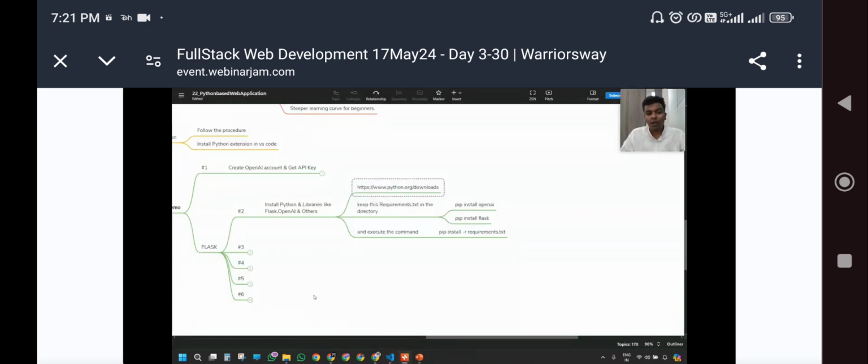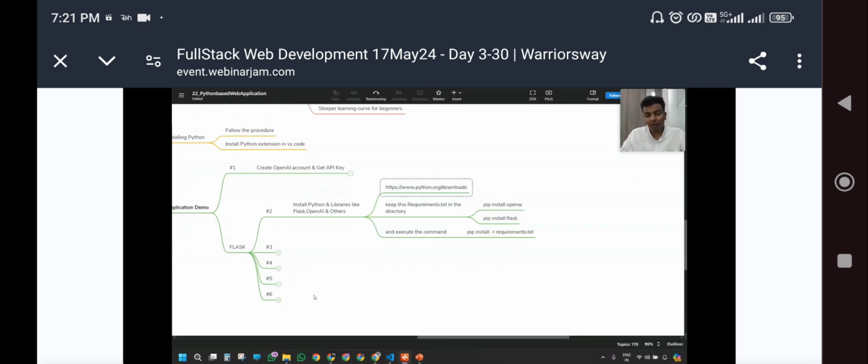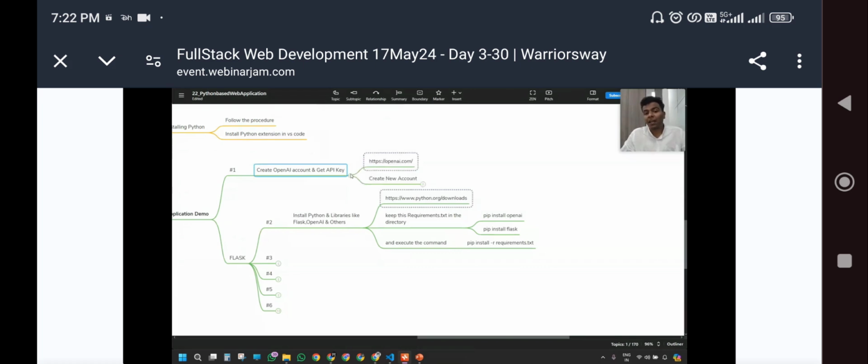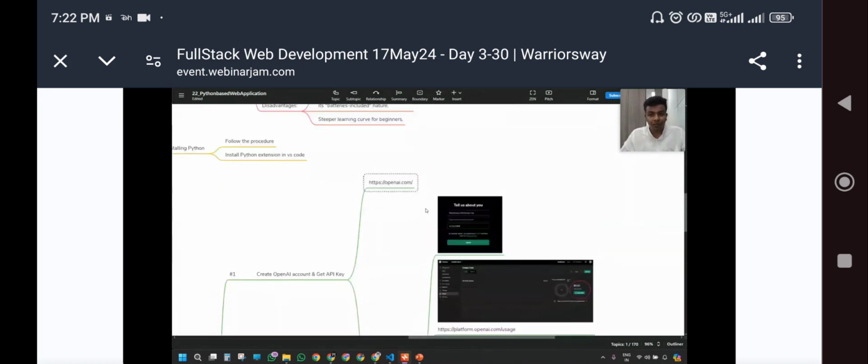So now, the very important thing, we are going to start working on our application, right? Before working on our application, as we have already discussed, this application is going to use ChatGPT, OpenAI's API, at the backend. So we really want to get an OpenAI API key. That's the procedure I'm going to share with you right now.